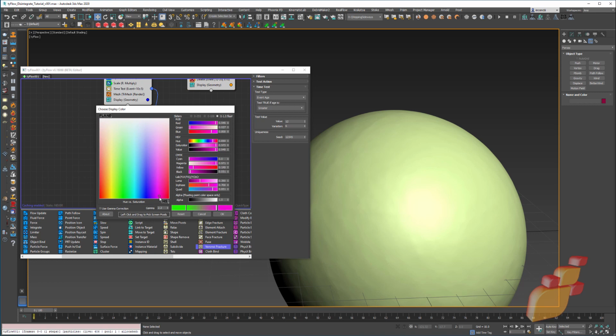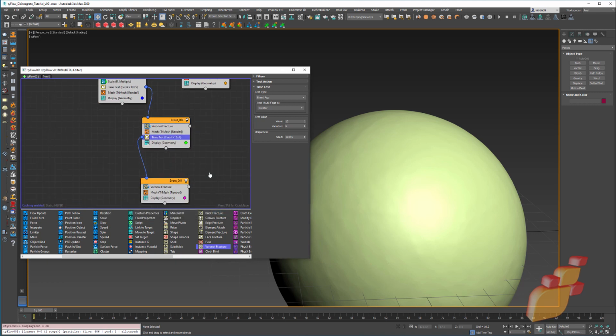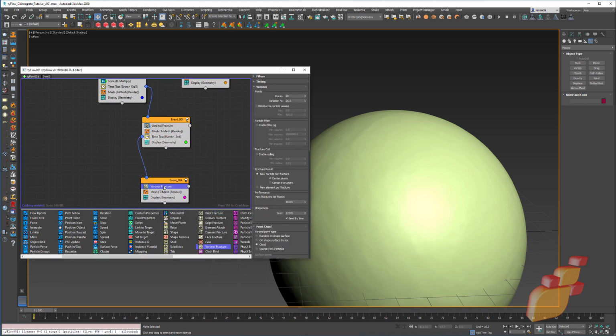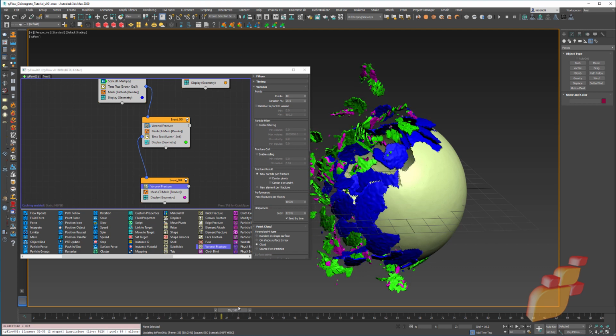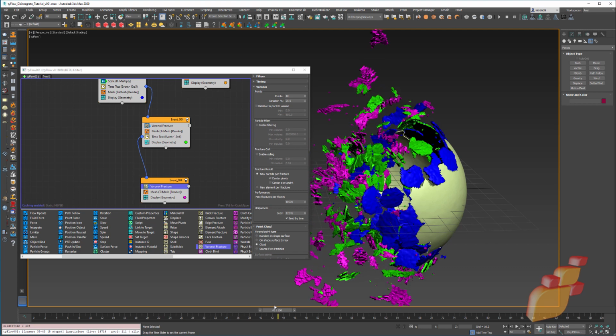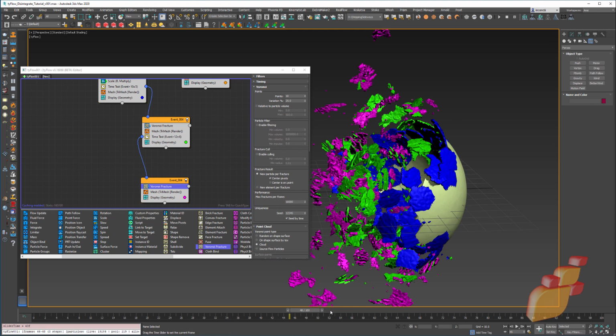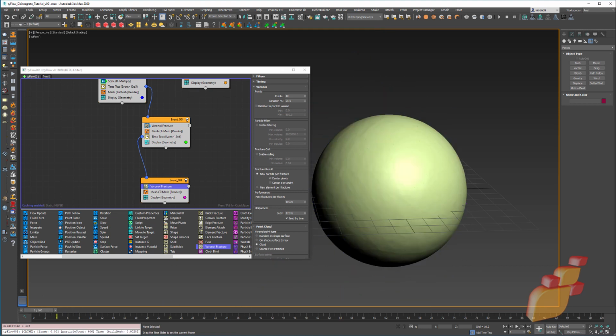And let's make this maybe purple. And let's see what that does. This can be the default 10 points. Let's scrub through that. So after 10 or so frames, they are breaking into the green chunks, and then after another 12 or so frames,